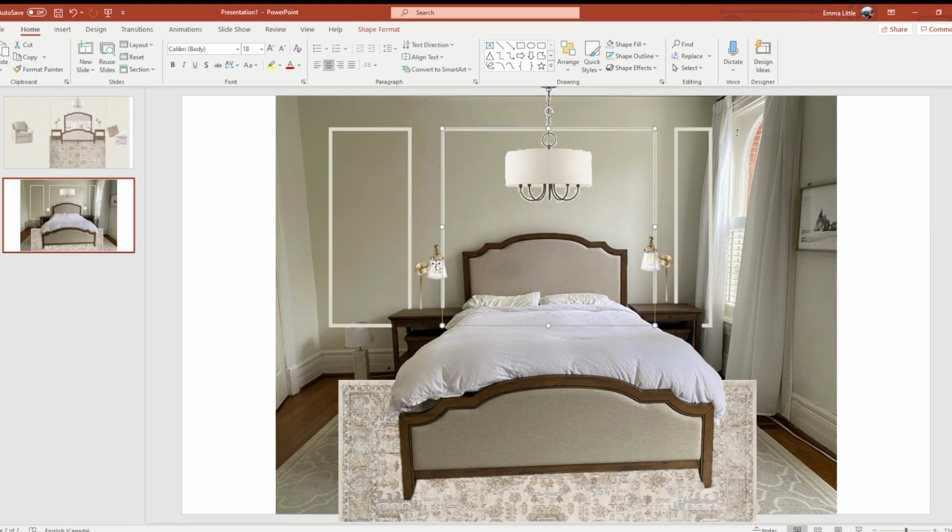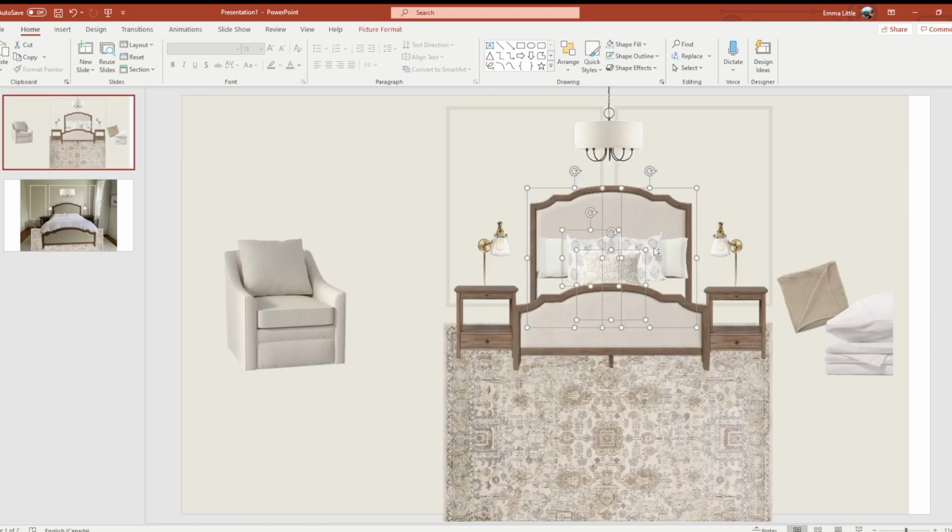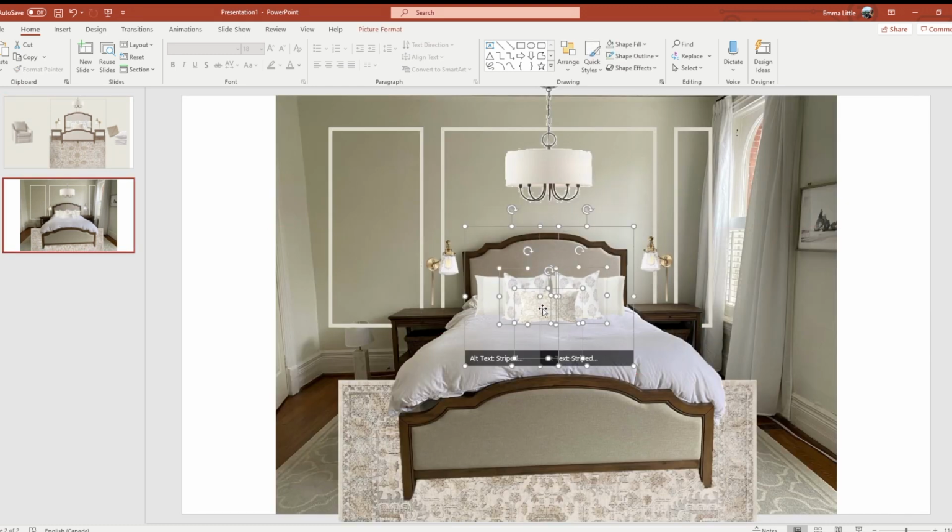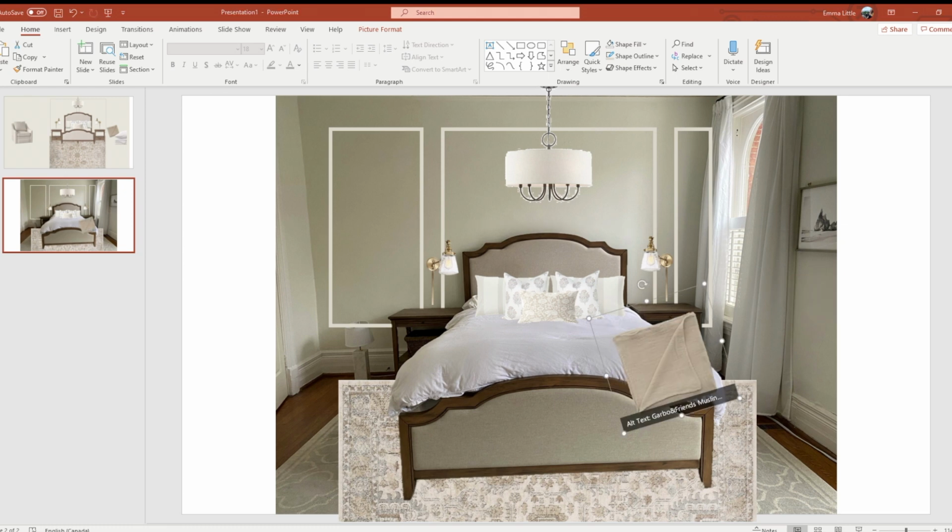Then I added in the chandelier, the sconces, and I'm really just layering everything in. Then I'm gonna add in the pillows. It would be ideal if I had a picture of the blanket that could actually go along the foot of the bed, but I don't have that, so I'm just going to put it there so that we get an idea